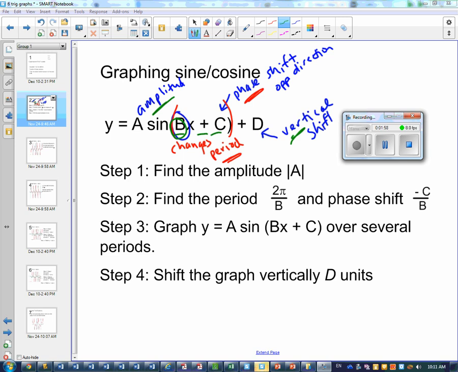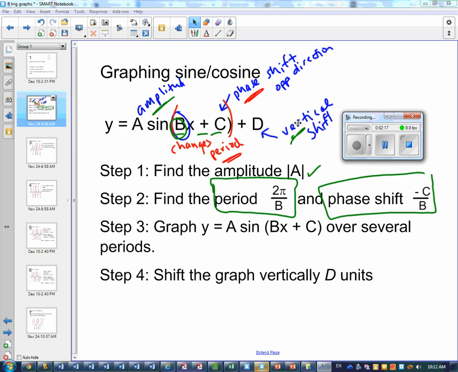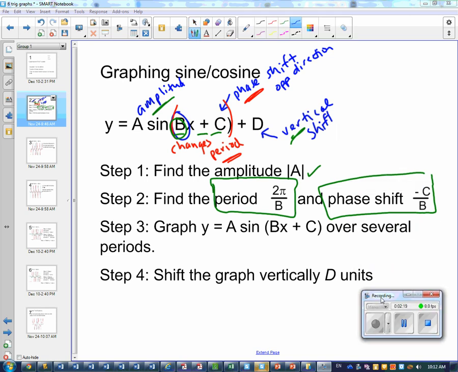So the steps for graphing sine and cosine. First, you want to find your amplitude. Then you're going to find your period. The period of the parent function is 2 pi, so you're going to divide that by b to get your new period. And then your phase shift, and you have to be careful, it's not just c, it's c over b. Because what's really happening here is I'm going to take my function,